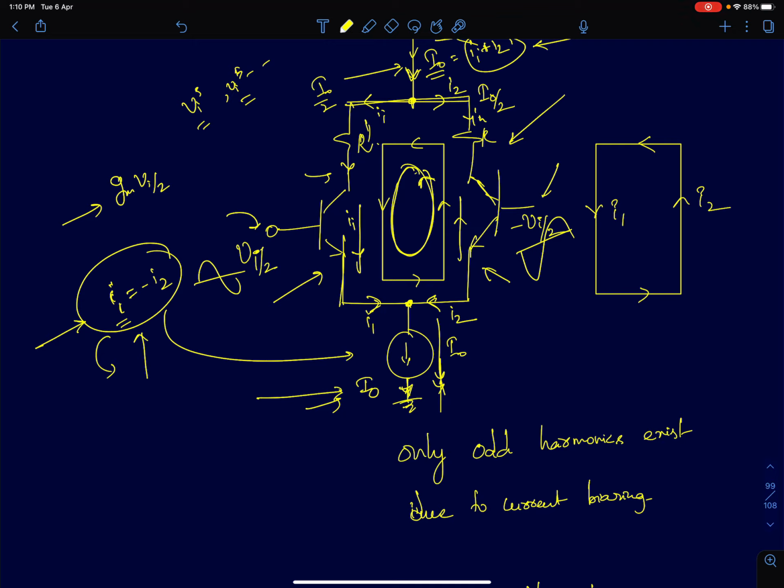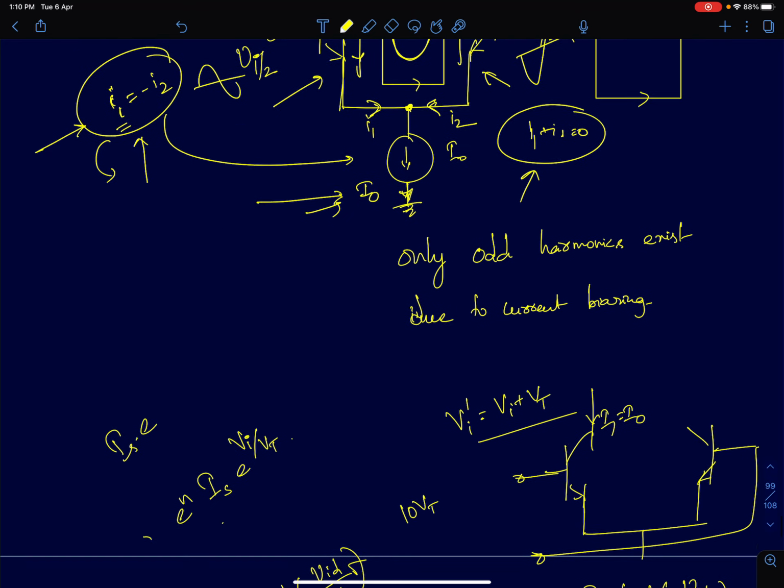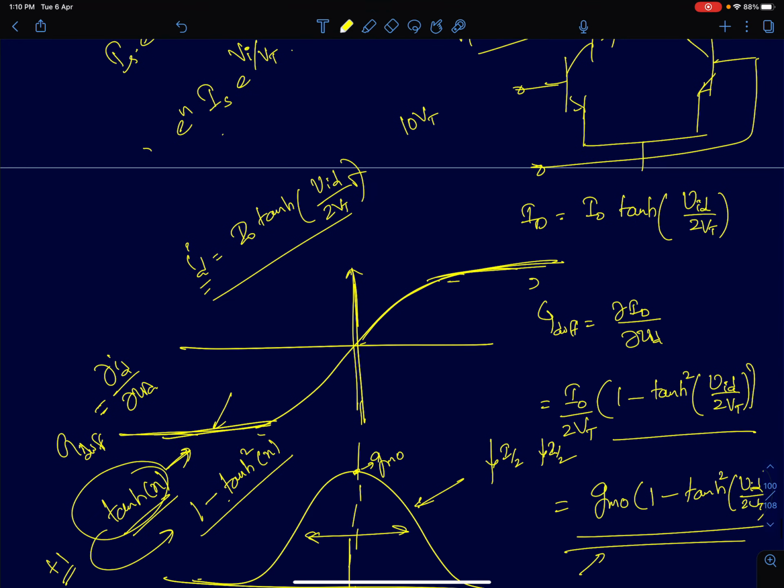So that's the important distinguishing factor for a current biased differential pair. We said the reason it only contains odd harmonics is because of current biasing. The small signal currents I1 plus I2 is equal to 0, so therefore it can only contain odd harmonic components. Now we'll look at how we can define differential transconductance for this device,